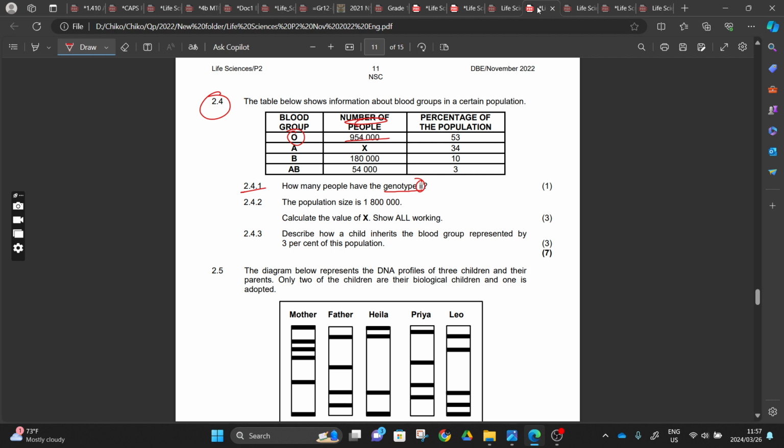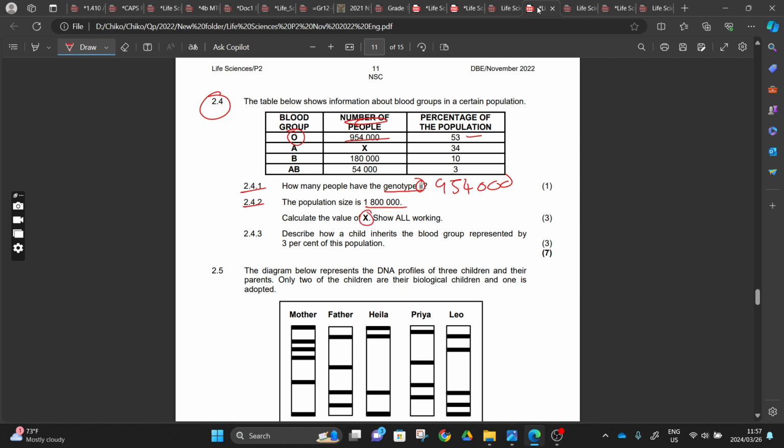How many people have the genotype? And then you write 9, 5, 4, 1, 2, 3. And then this is the percentage of the population. Then if they have this population, it means that we have this population. And then we also know, or we are aware, that this will be 3, 5, 6, 7, 8, 9, and then let's move on. 2.4.2, the population size is